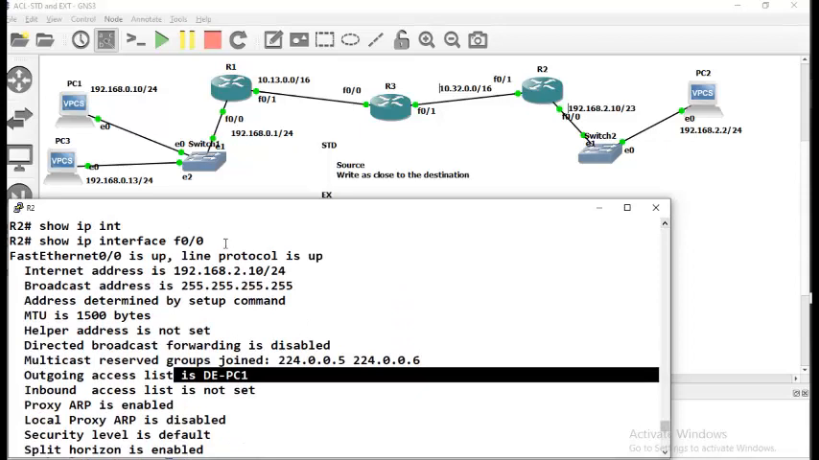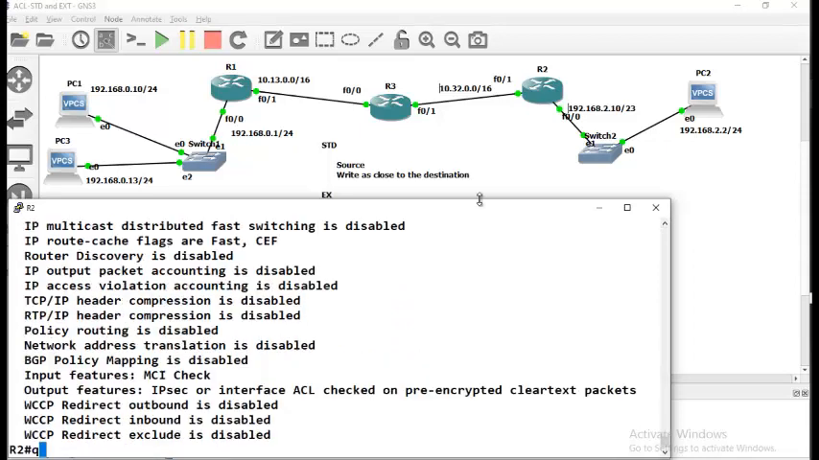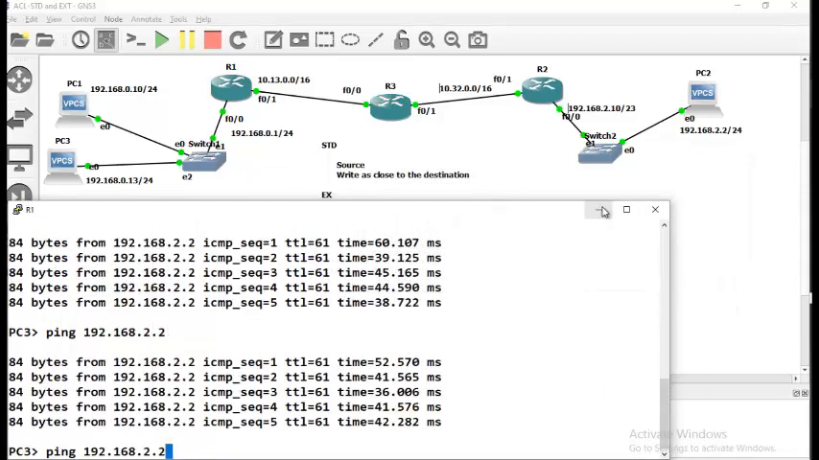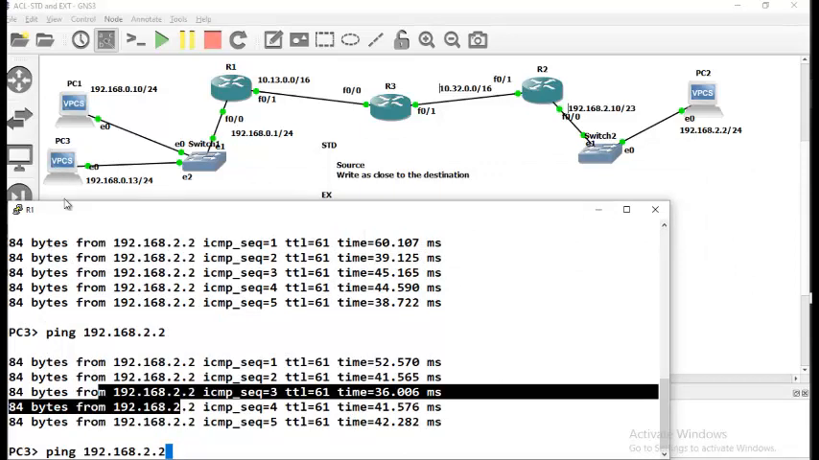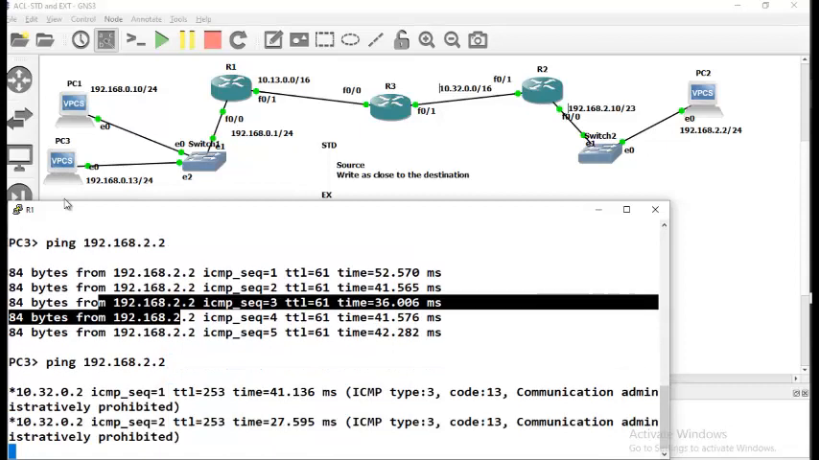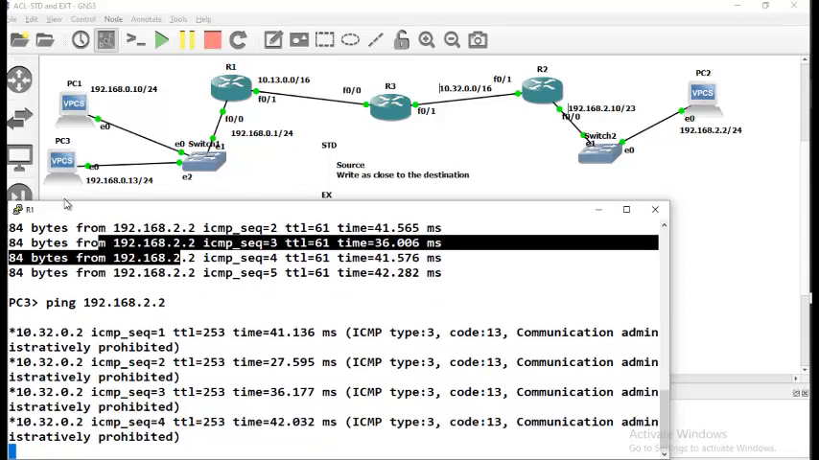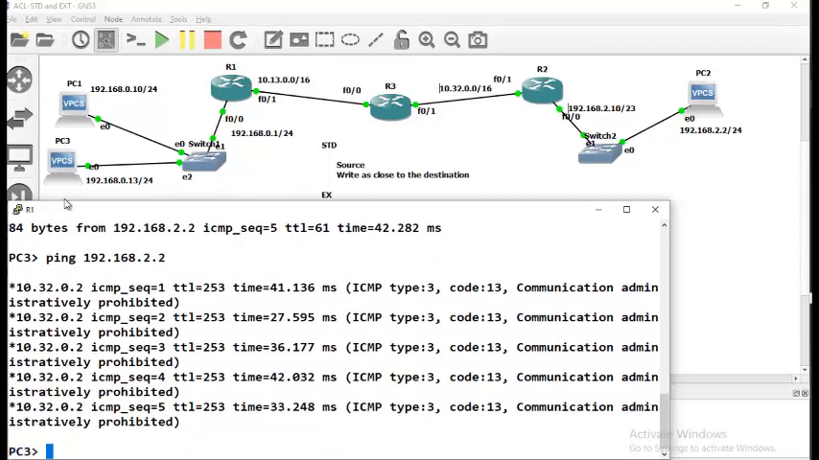Over this port. All right, so if I ping now, I should not be able to ping. Earlier I was able to ping from this PC3, but now I should not ping. See, it's not pinging. Yeah. Now I want you to do this exercise and come